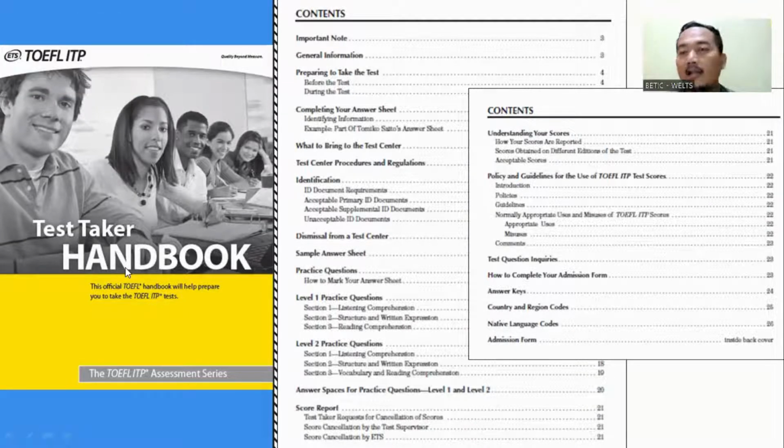It's a TOEFL ITP handbook for the test taker, published by ETS, Educational Testing Service. As we can see here in the contents page, it provides first an important note, and then the general information of the test, and then tells the test taker what to prepare before the test and during the test, and then how to complete the answer sheet by providing an example